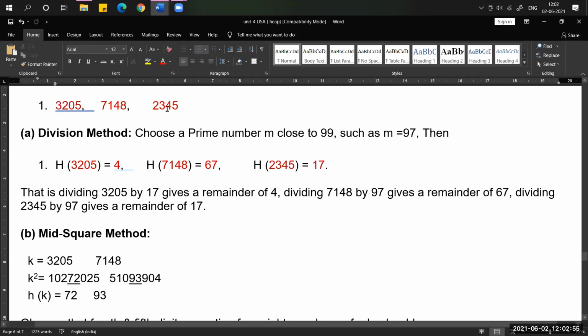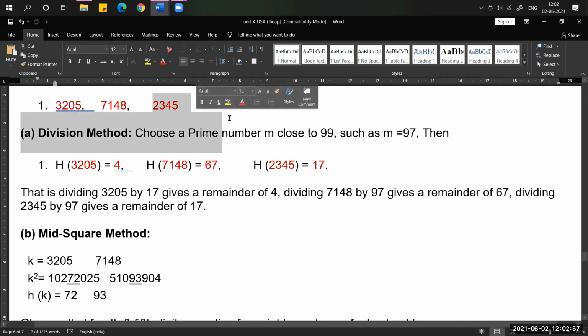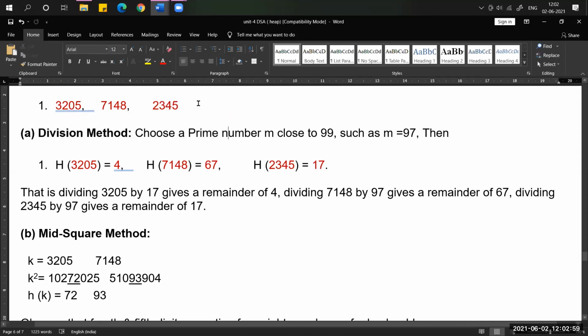These numbers belong to employee IDs, and we need to store each at a particular location. Here we have to use three types of hash functions.